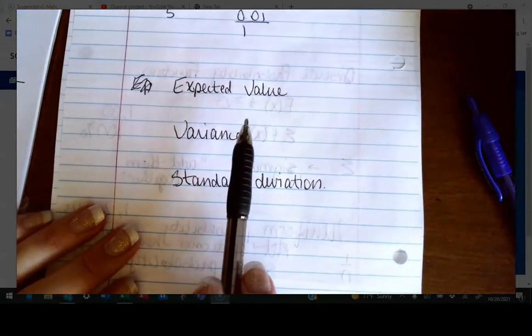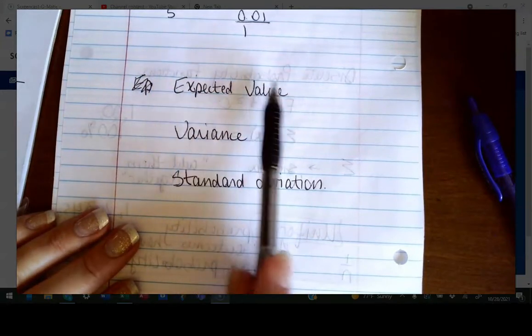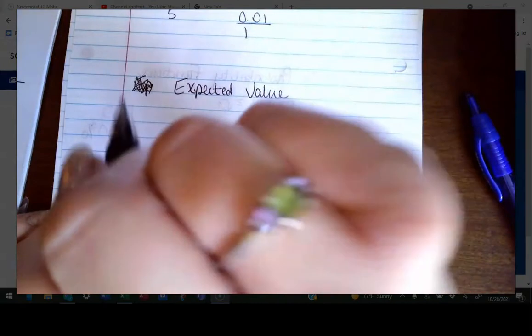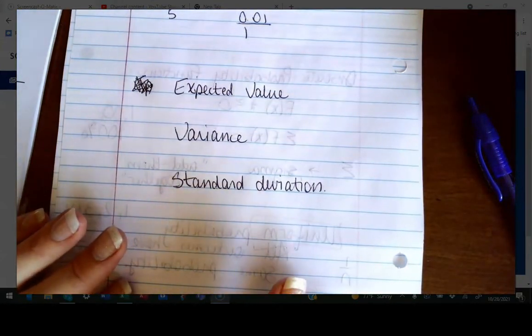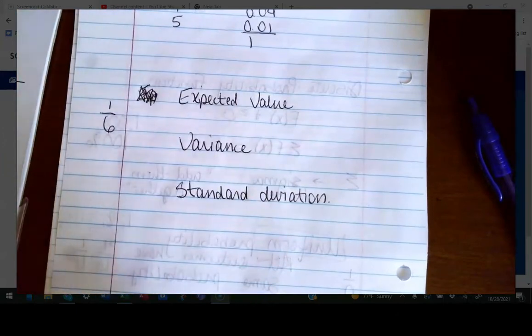Okay, expected value, and I'm going to go off on a little bit of a tangent here. A twist on expected value is how we figure out your grades. When we're looking at expected value, we already know what the expected value of a discrete uniform distribution is. If we're looking at the dice thing, it would just be 1/6. Well, that's great.